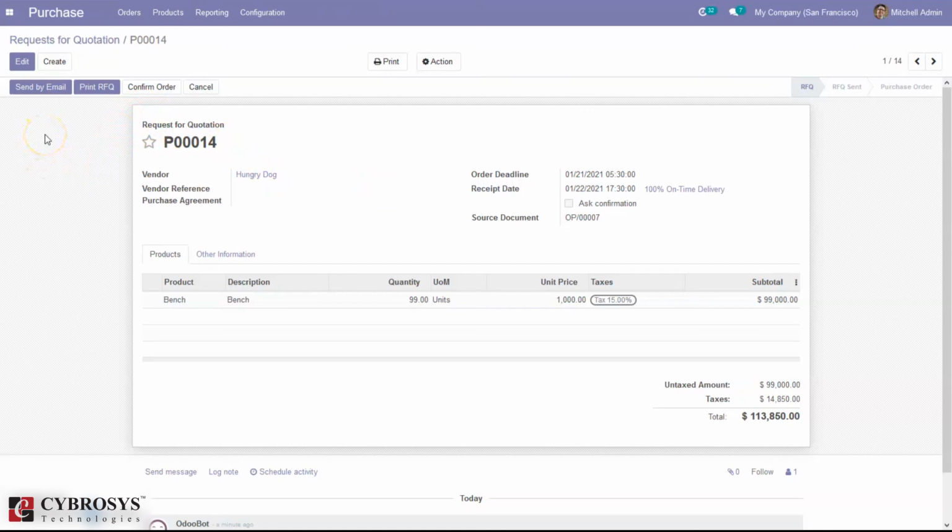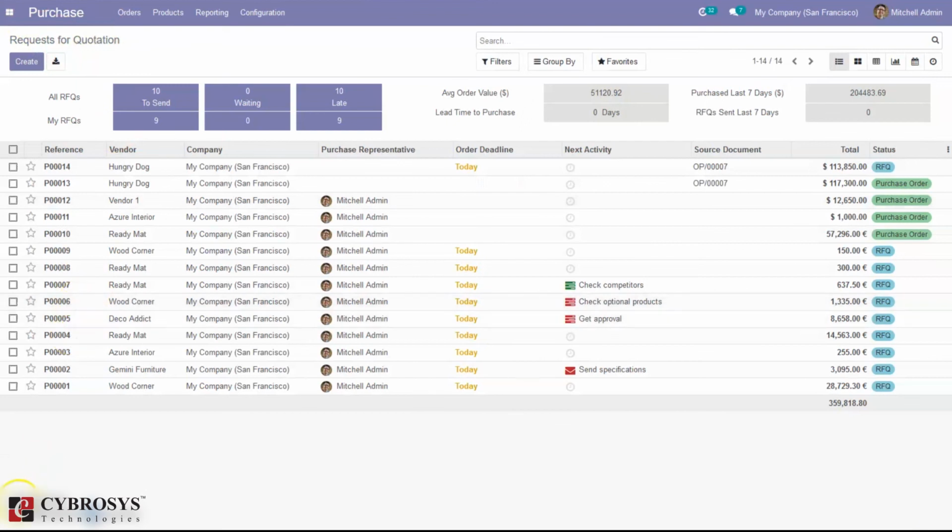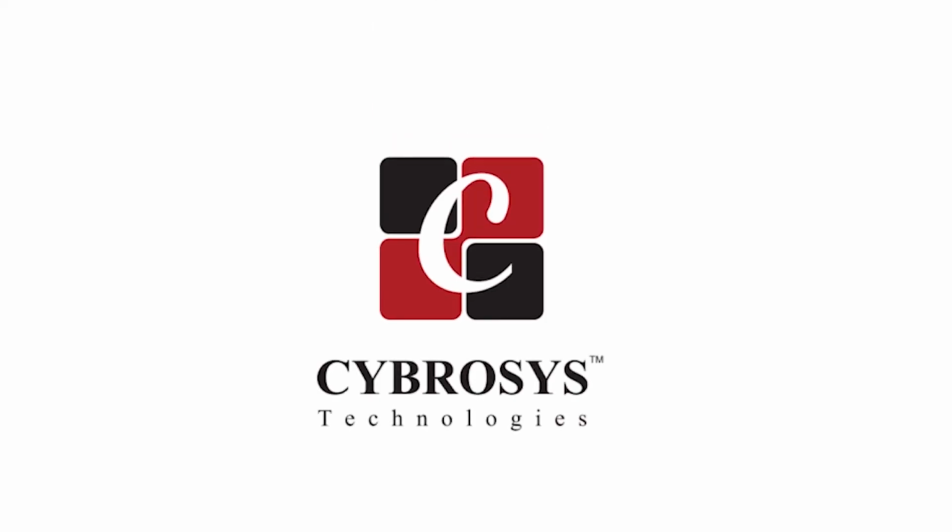If you have any doubt regarding the calculation of this quantity, you can check our description box. So that's all about the reordering rule in Odoo 14.